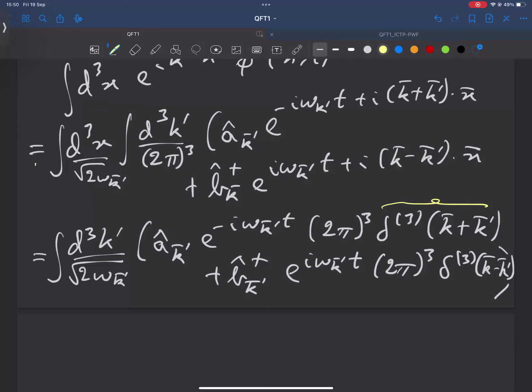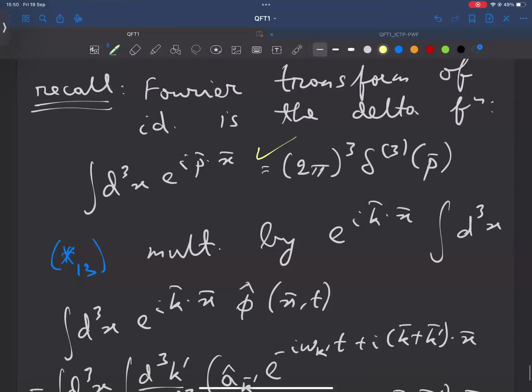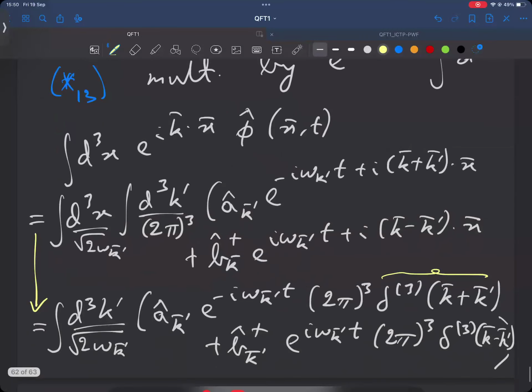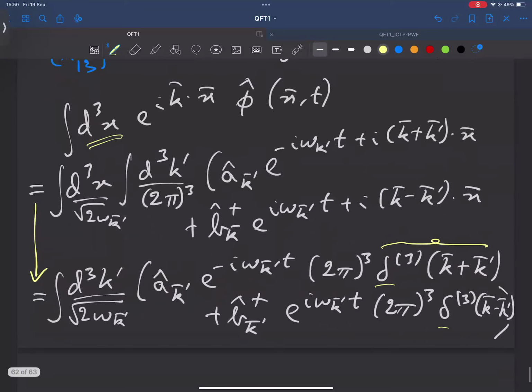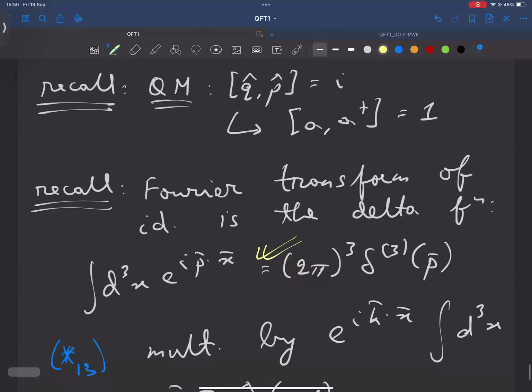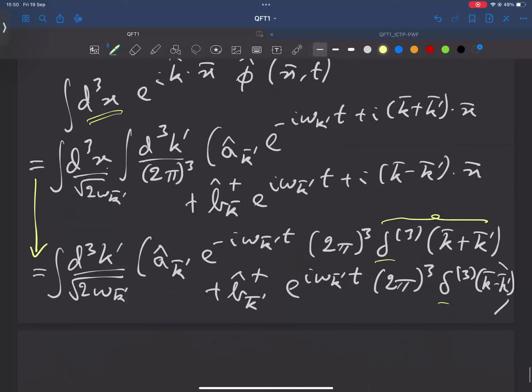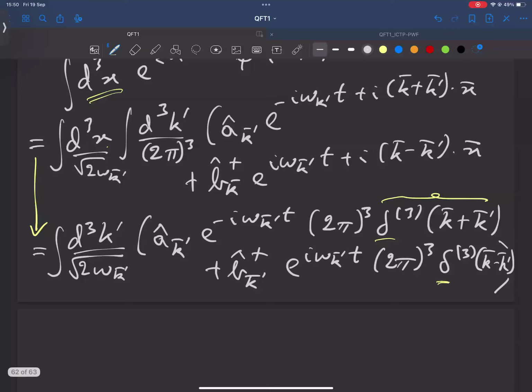I can just tell you that going from here to here was using this identity. We used the identity to get rid of the spatial integral, and that's why I gave these delta functions, just like here a spatial integral gave delta functions in the momentum. So here also, doing the spatial integral gave delta functions in the k space, or the momentum space. And now we can do the integral over momentum space using the momentum delta functions. So when we do that,